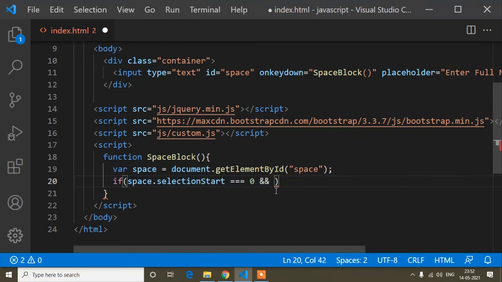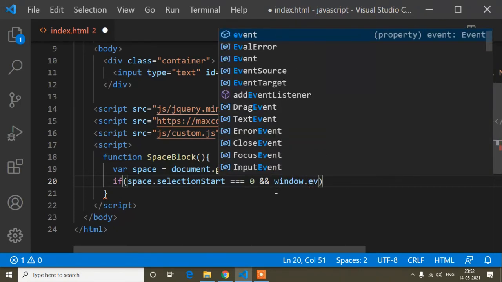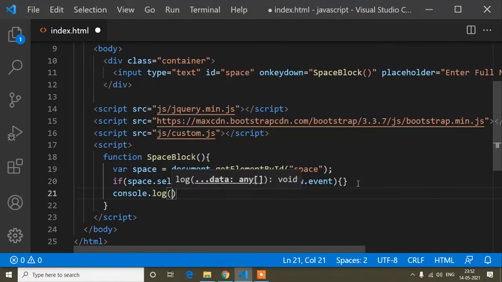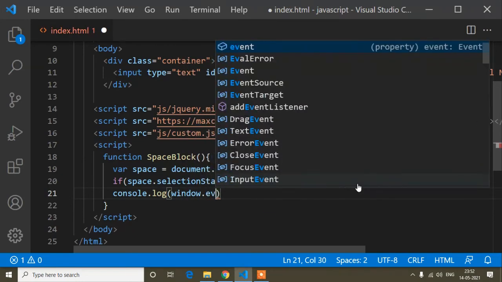here window.event. So what is window.event? Let's check it in the console again. For that, I will write console.log window.event.